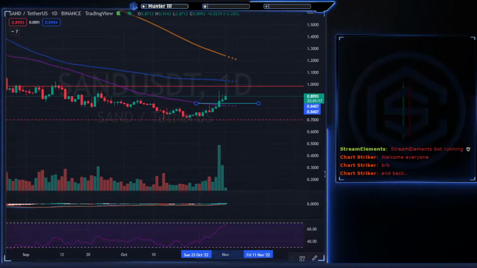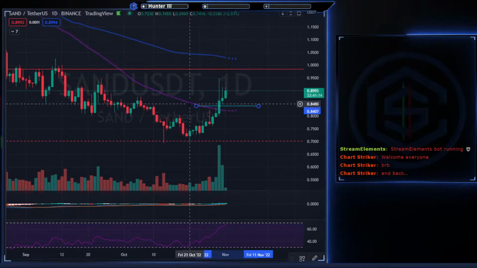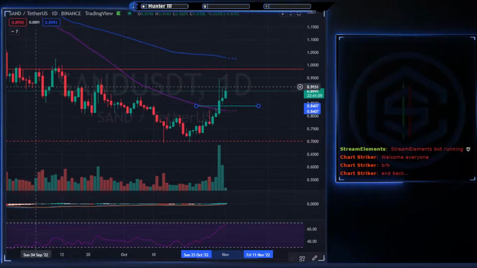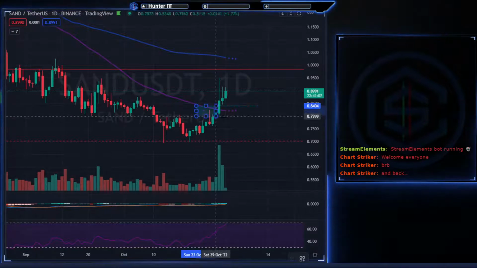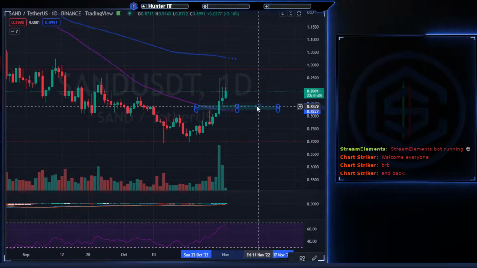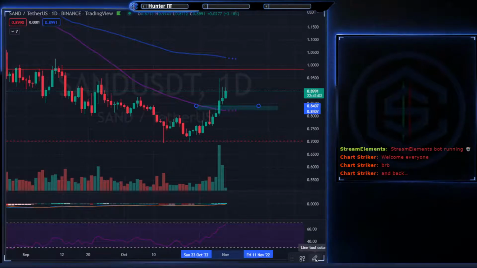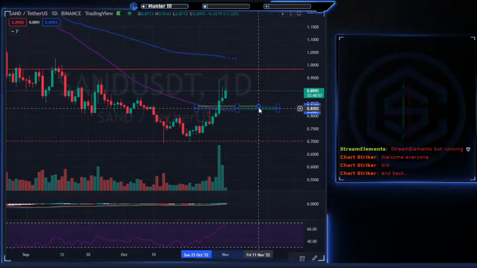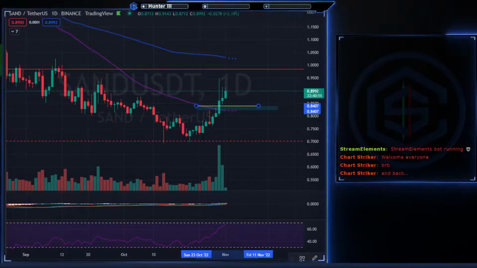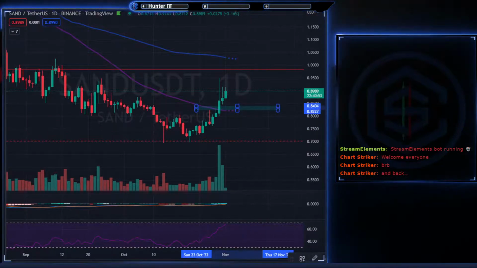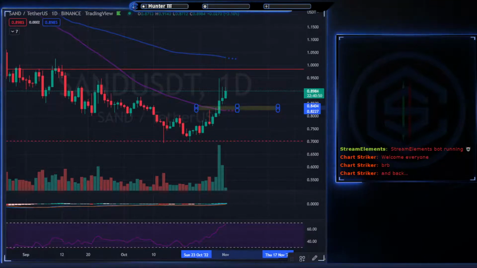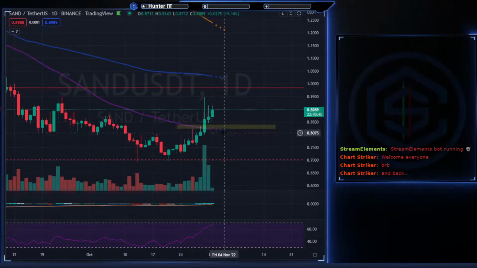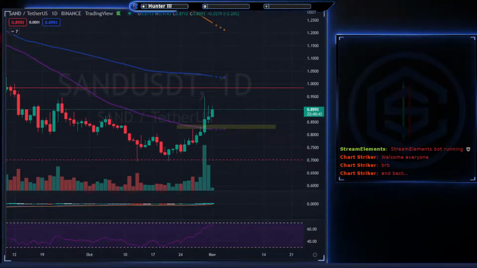So we are above support, which was actually old resistance looking left, okay? Close to resistance. Let's just do this instead. Because now it's support, we gotta change it. There we go. And it's close to the short-term moving average, all right? But anyways,